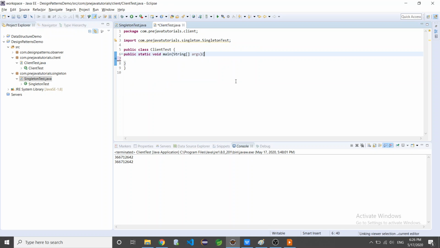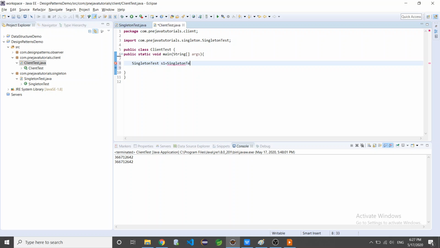Now we will verify in client code. How will we verify? We will write here singleton test s1, and we will create one object with singleton test get instance.